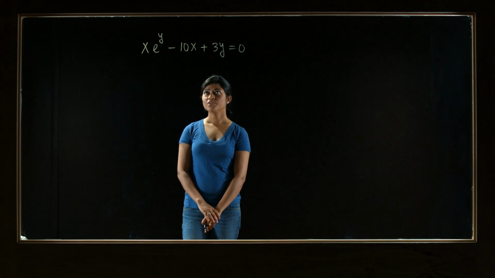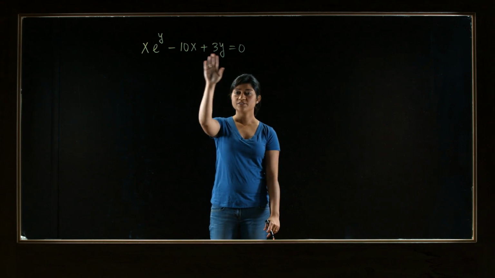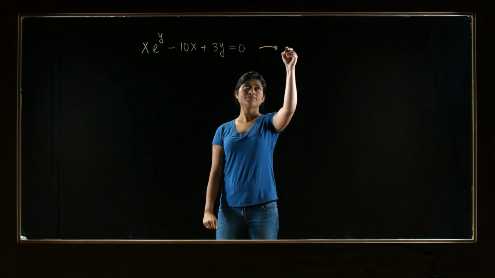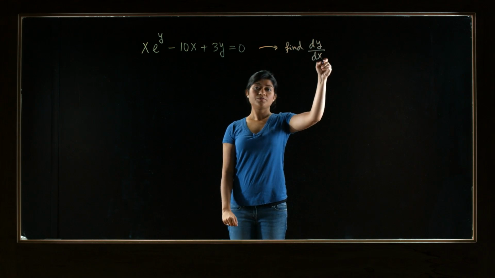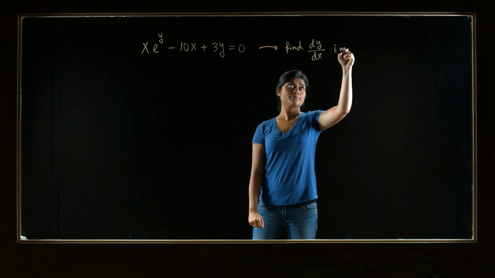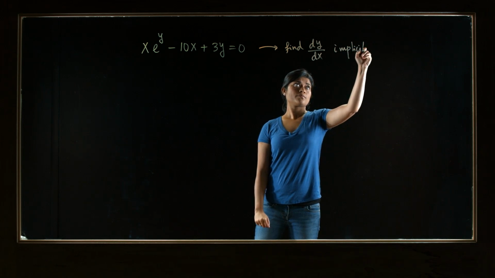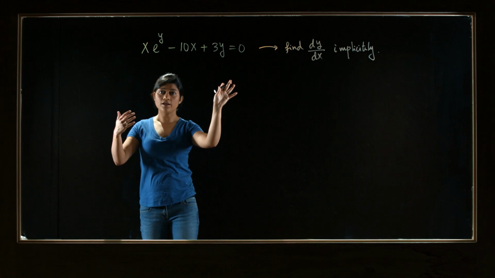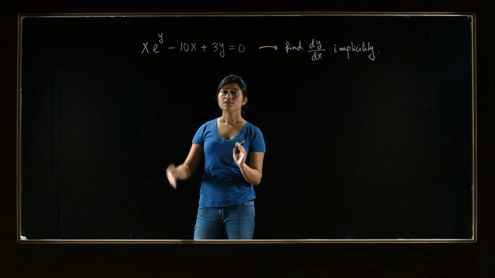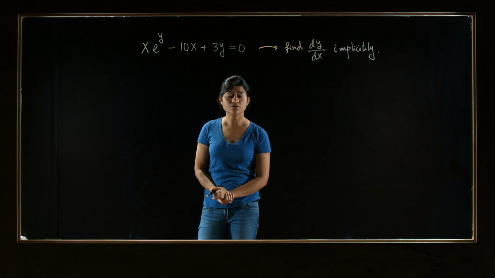In this problem, we are given this equation and we have to find dy dx. But you have to find it implicitly. So note that this is, as we call, an implicit equation, and we have to do implicit differentiation to compute